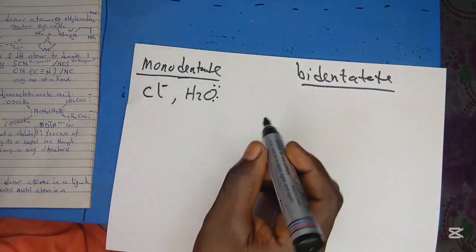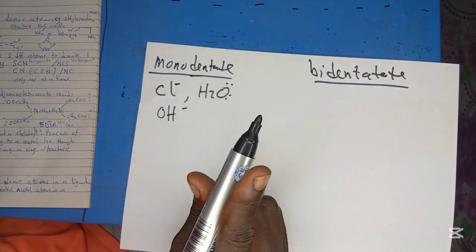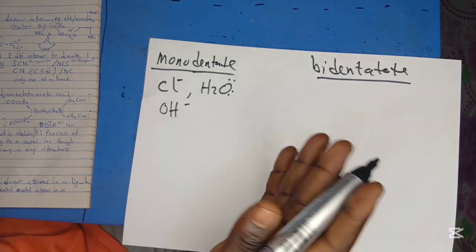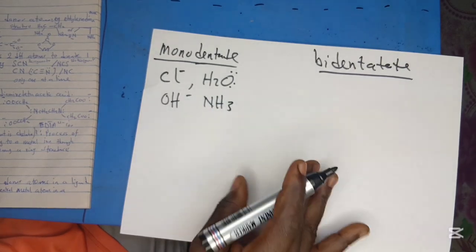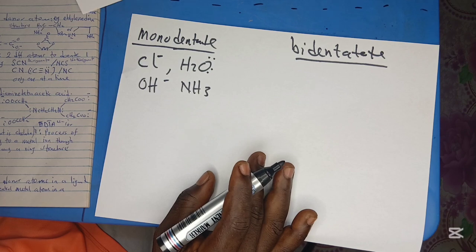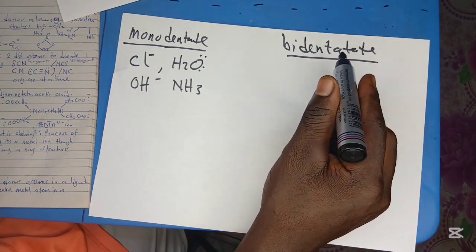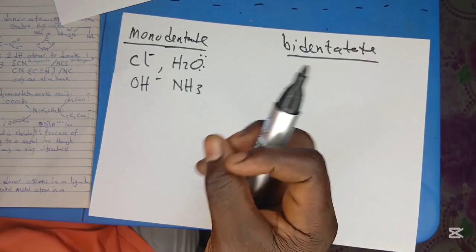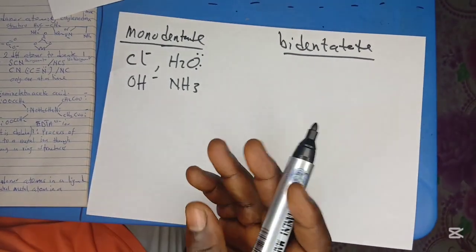And then we also have OH as a monodentate ligand, or unidentate ligand. It's also the same. We have NH3 as a unidentate ligand. I hope I'm making sense. So bidentate ligands are those ligands that have two donor atoms. Examples of bidentate ligands are